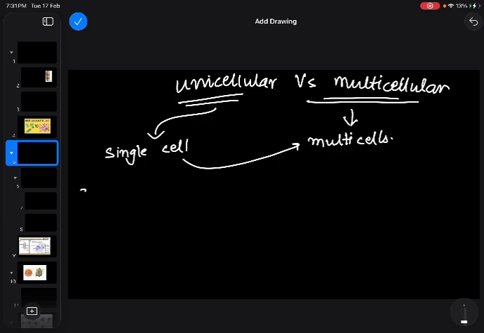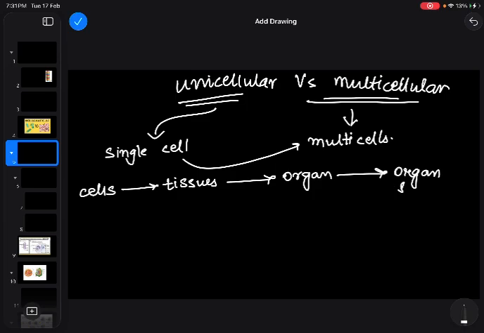So for that, in case of multicellular, many cells come together and form tissues. Many tissues form organ, many organ form organ system, and many organ system form an organism. For this case, if we see the example of human, let's assume in case of human, if we see